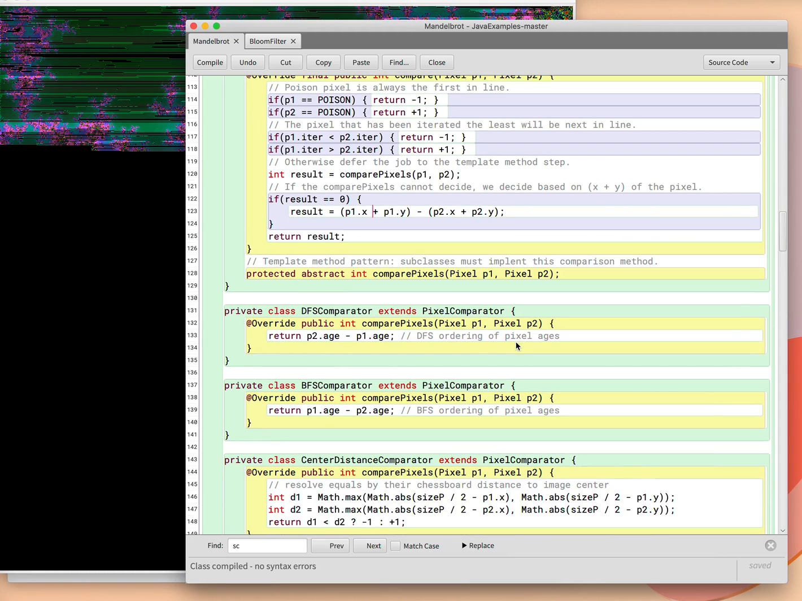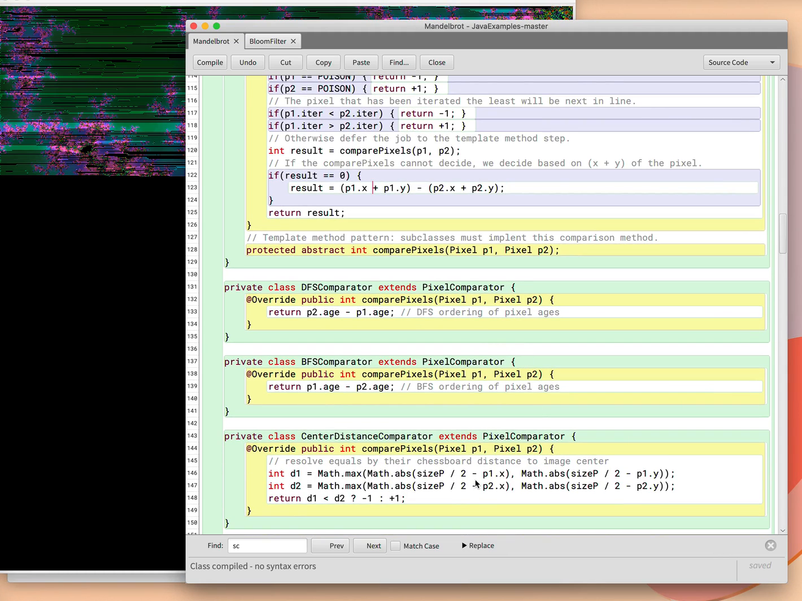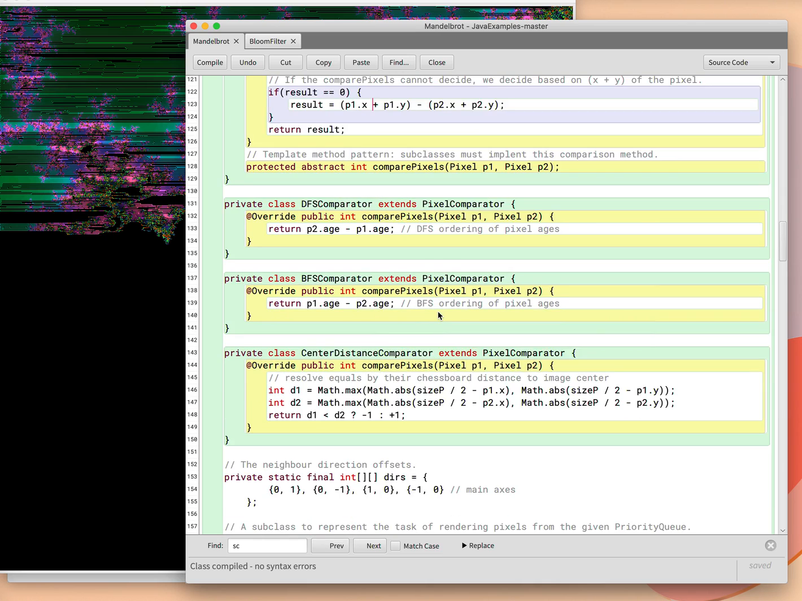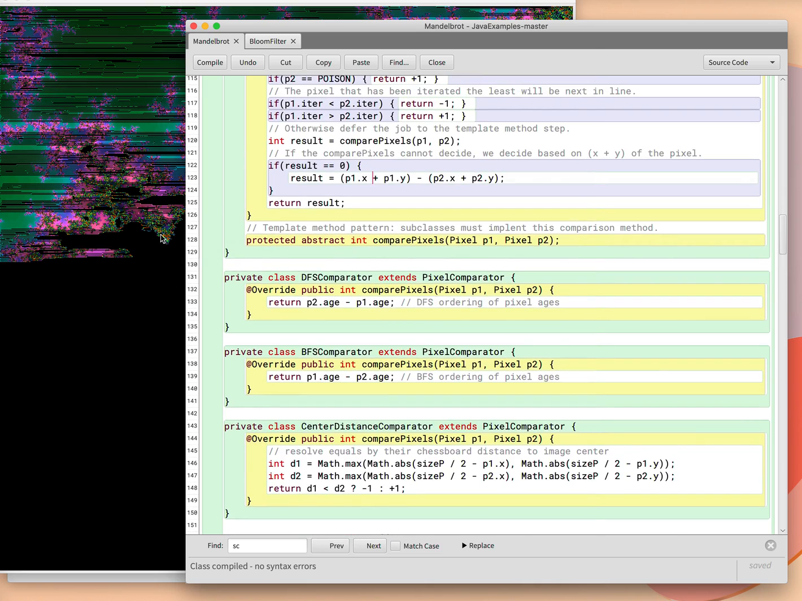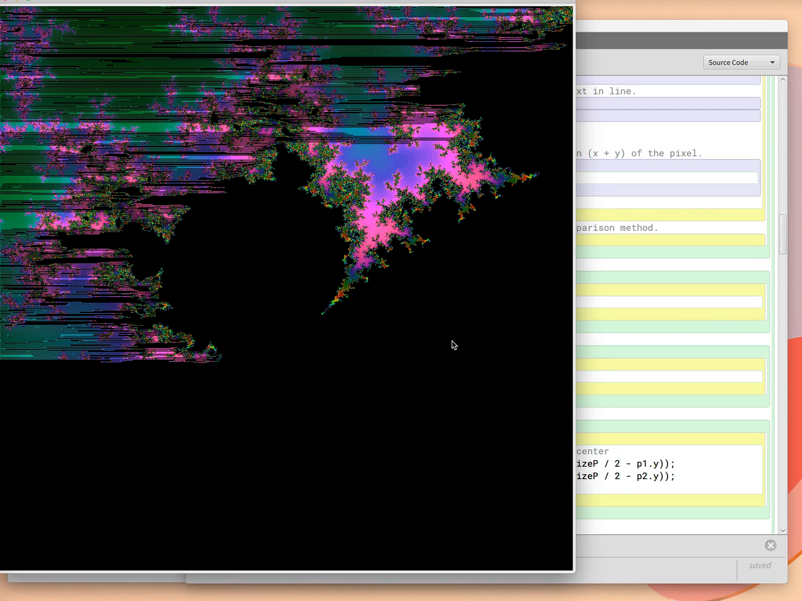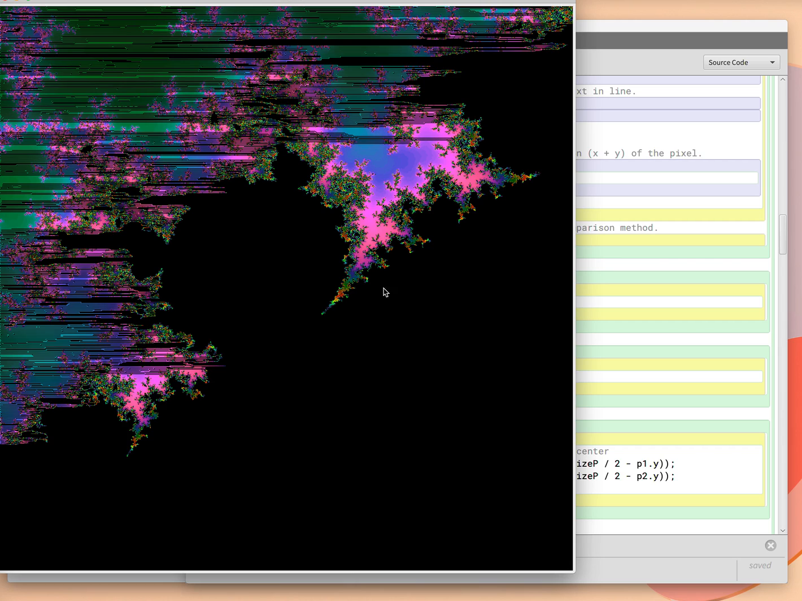We could, I guess, use something like the center distance comparator to resolve the ties in a different way, but at least we're getting an interesting effect now. The rendering of the individual pixel is slow enough that we can see the tentacle proceeding through. Notice it's carving through the space like a turkey, and all the useful processing power is spent